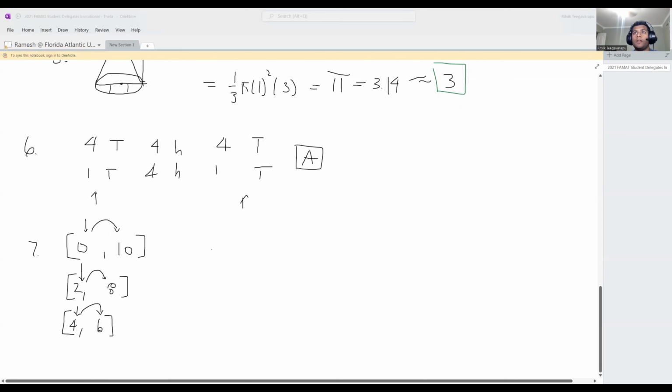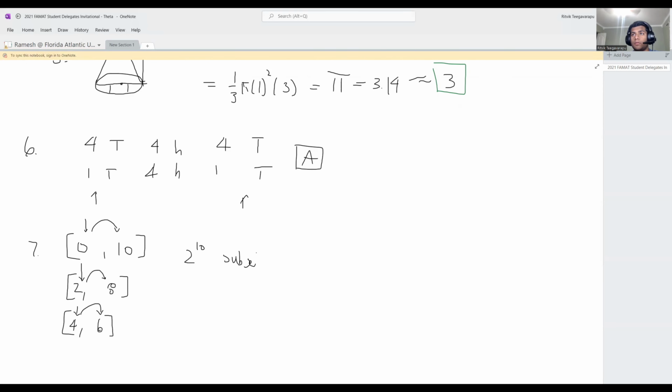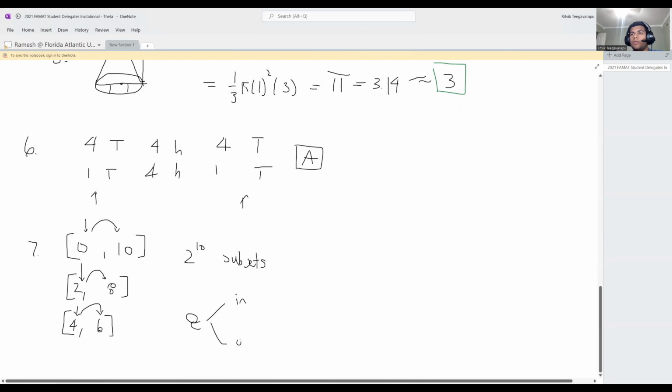So recall that we can just use a counting argument here, saying that there is a total of 2 to the 10th subsets that can be generated from this list. If we select an arbitrary element E, it is either in the set or out, so each of these is a binary choice. There are 10 elements, so therefore we have 2 to the 10th, which is